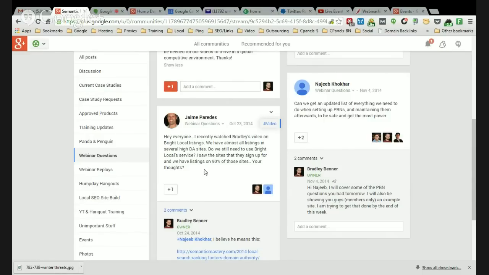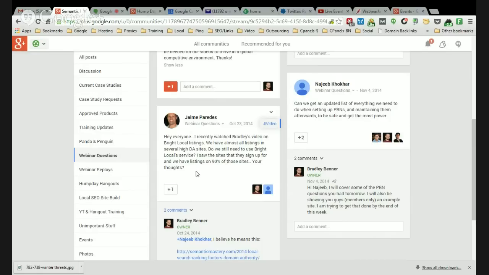It kept coming up for all the different types of metrics that they were looking at, and the correlations between the sites that they had analyzed and what the common factors were. Domain authority kept coming up and coming up, and because of that, I did a video blog post on domain authority, and I mentioned in there that I use Bright Local as a great